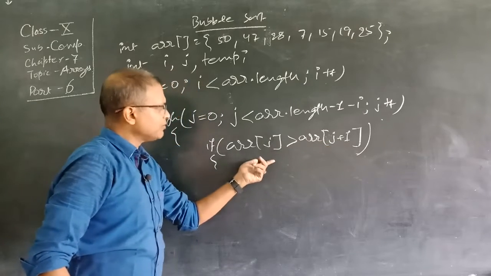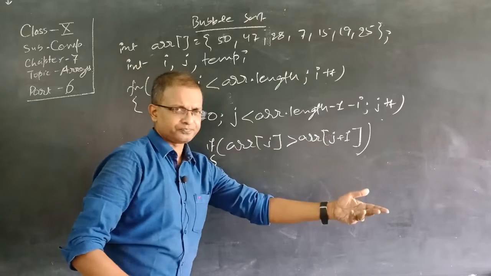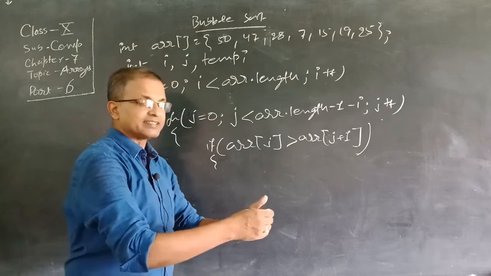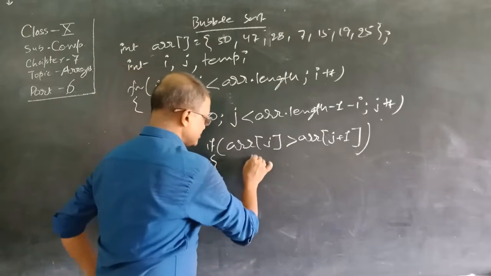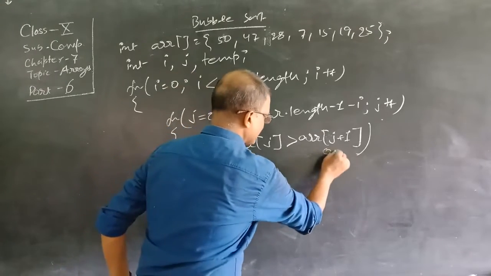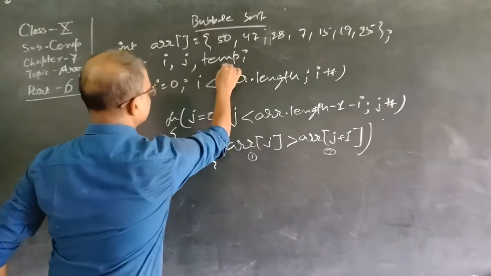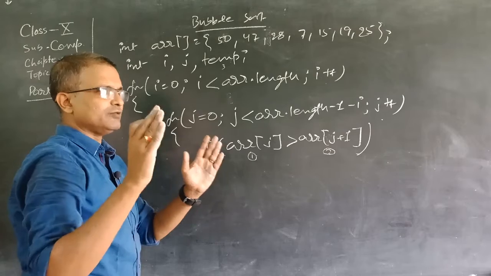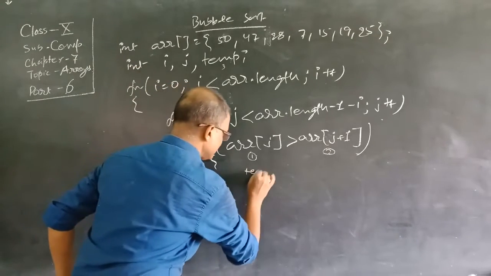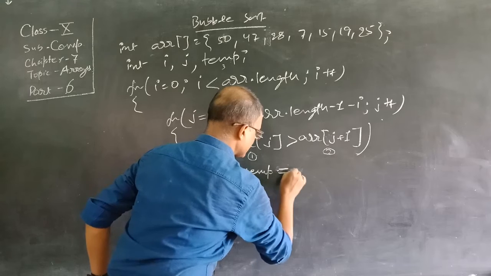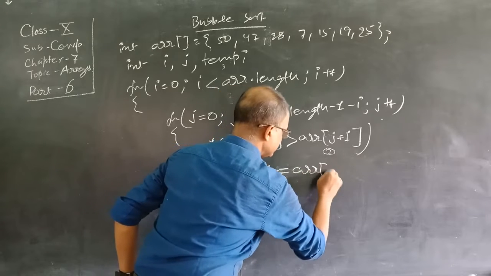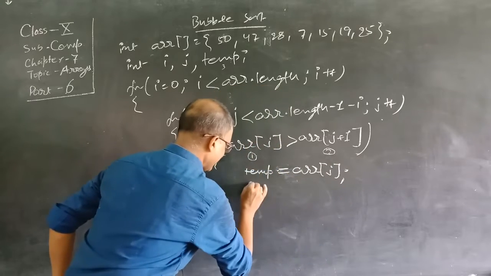if arr[j] is greater than arr[j+1], it means the first number is greater than the second, and then there will be swapping. For swapping, consider this is the first number, this is the second number, and you have taken a third variable here. So just recall the concept 312. 312 means temp equal to the first value, arr[j],